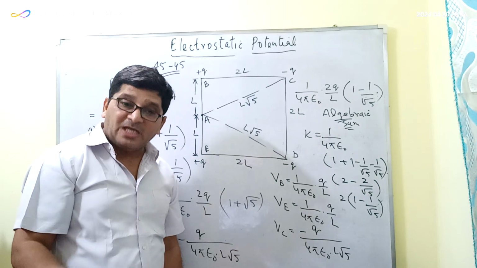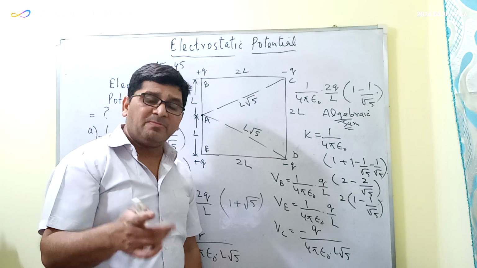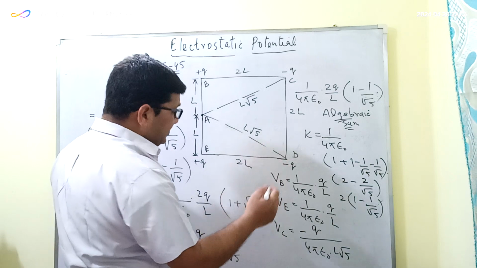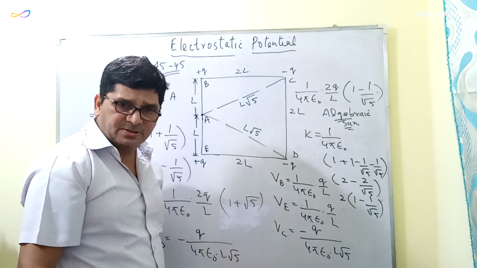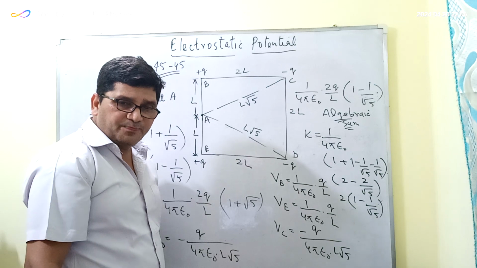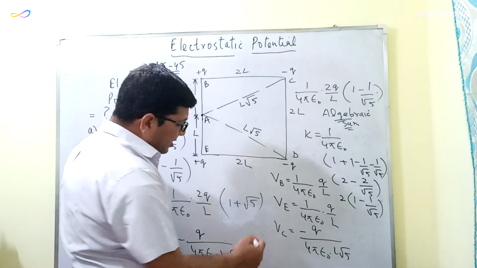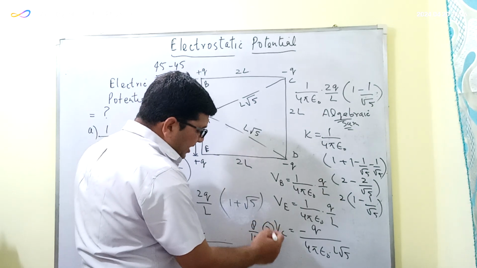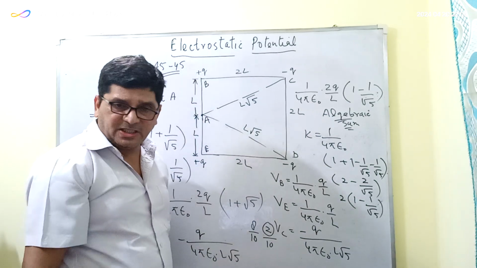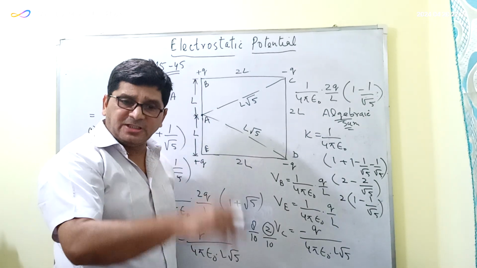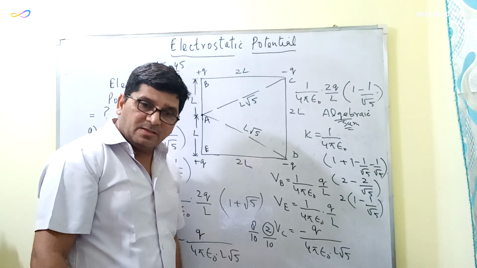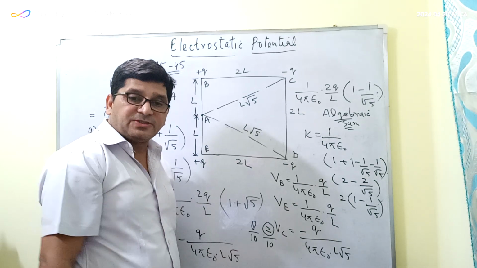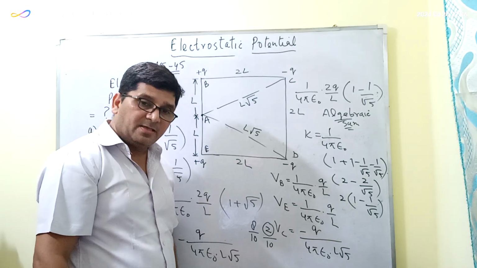In the next session we will start with the capacitance, but at the same time in the next session I will also discuss the last test. I think I have given you 10 questions. I think as far as I remember you have done almost 8 questions correctly. जहाँ तक मेरे को याद है, there are 2 questions in which you have made some small mistakes. So we will be discussing about those 2 questions in the session on Monday. ठीक है? And after that we will move on to the next topic of capacitance. ठीक है?